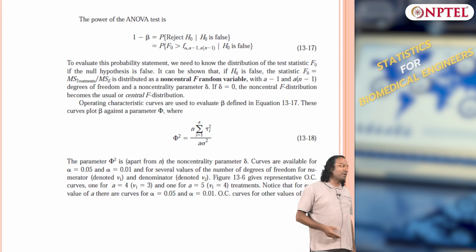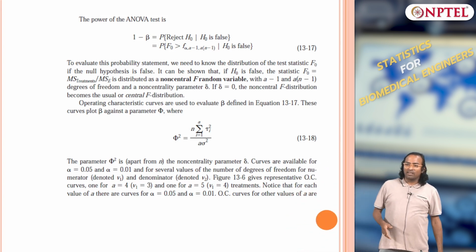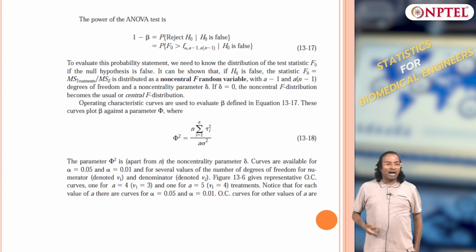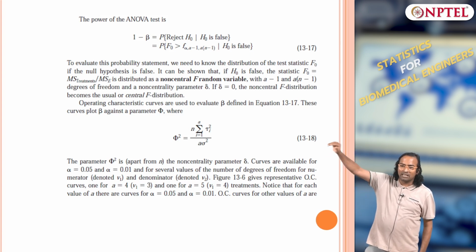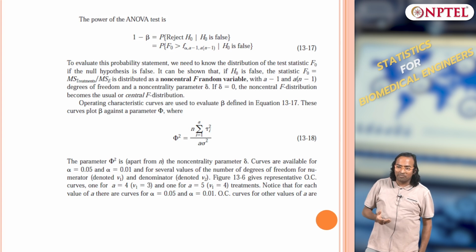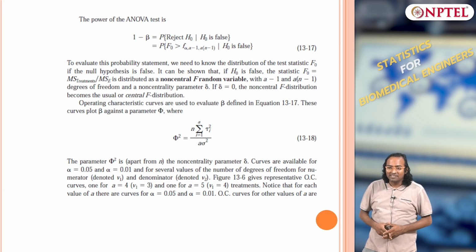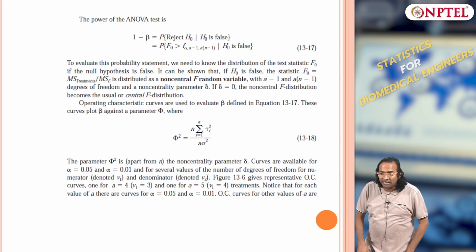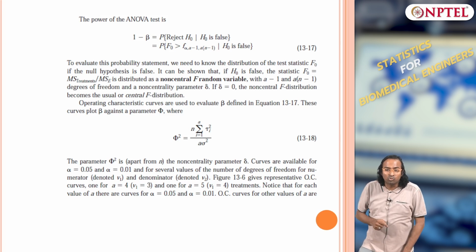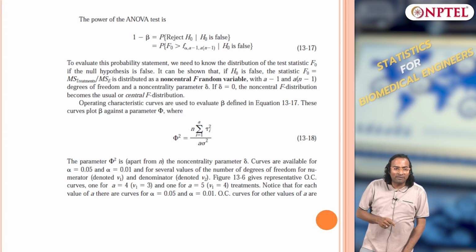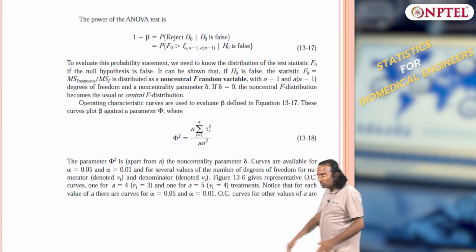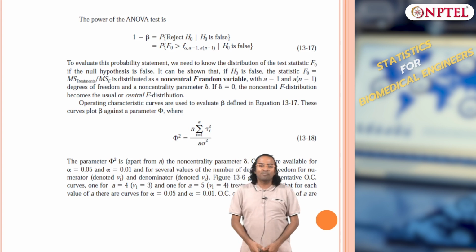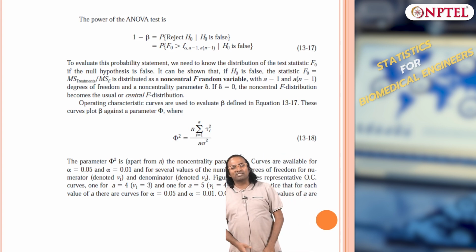So if your null hypothesis is mu1 equals mu2 equals 50, and your alternate hypothesis is mu equals 55, then it is easier because the difference is large. But if I say the null hypothesis is 50 and the truth is 50.2, that is painful. It is the truth, not the alternate, we need to know the truth. Suppose your truth is 55 and your null hypothesis is 50, it is very easy to reject the null hypothesis because 55 is far away from 50.